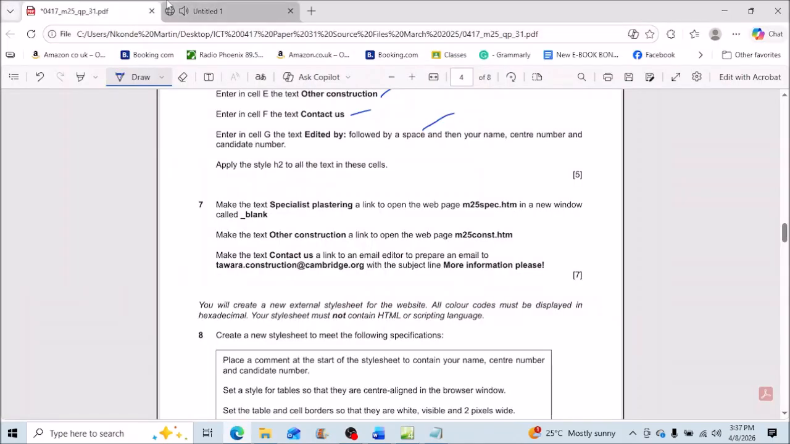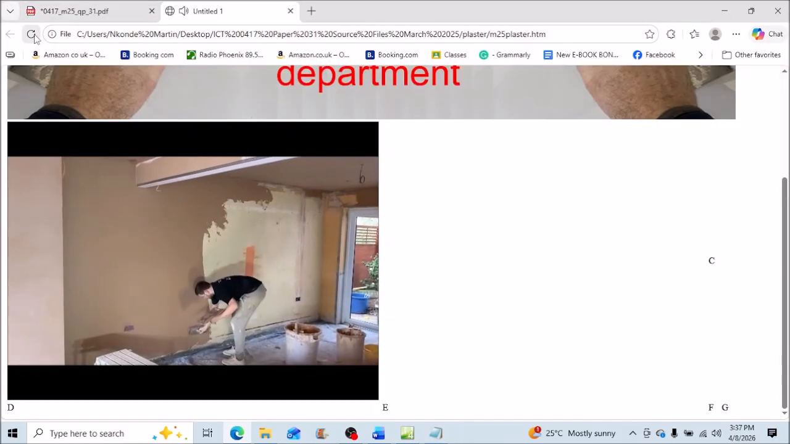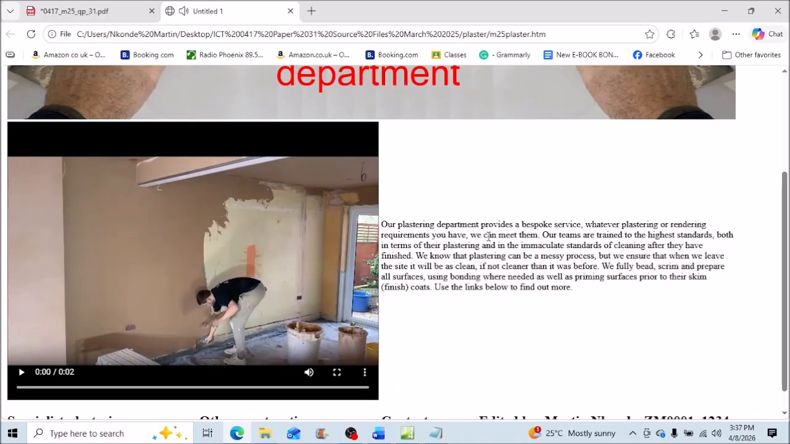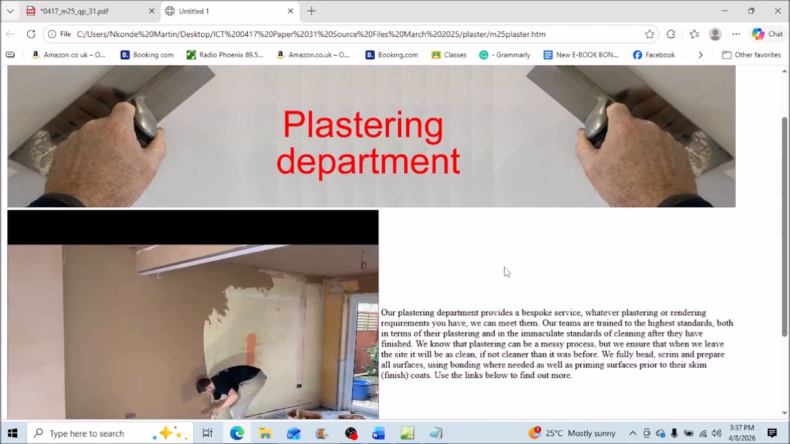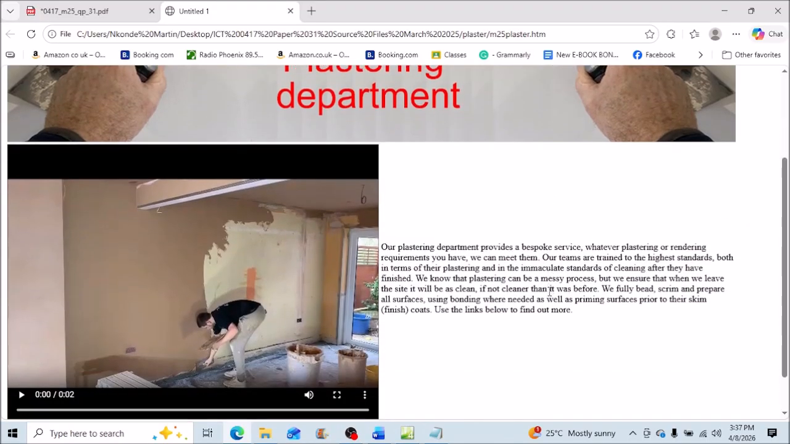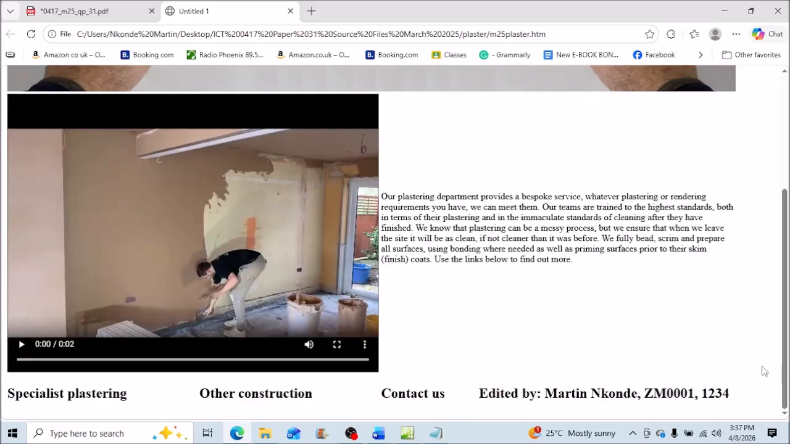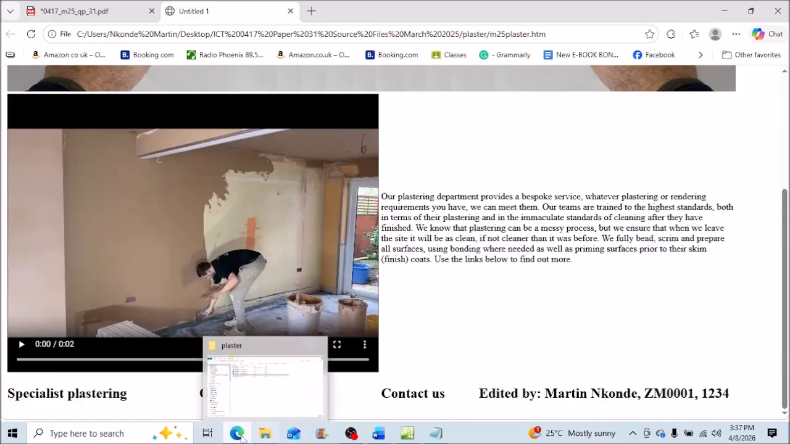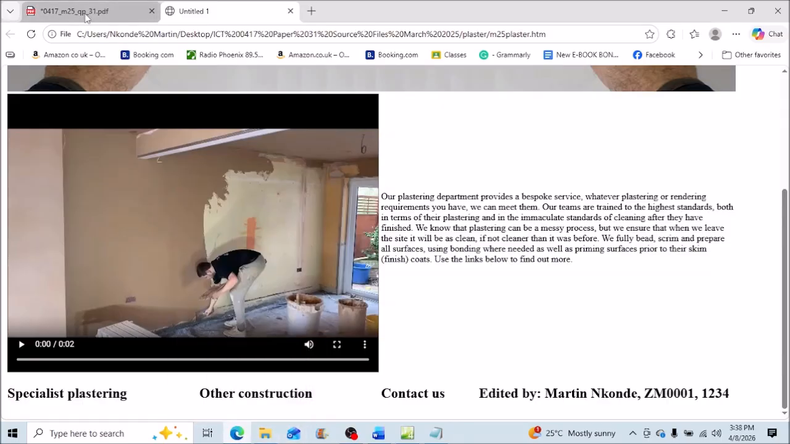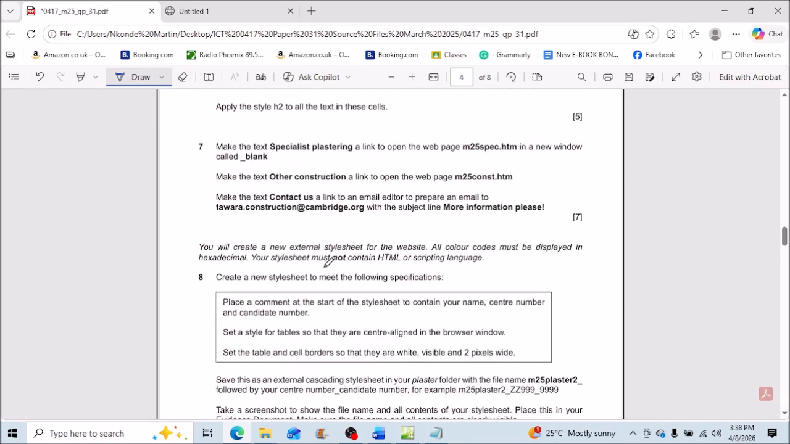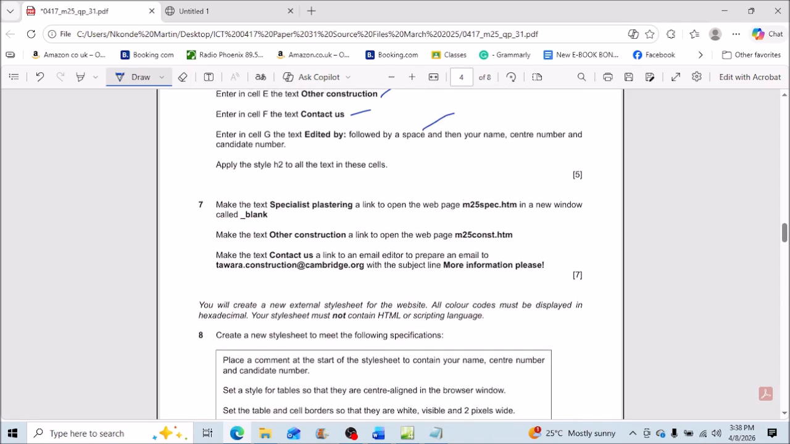Let's see what is happening. So you need to continue monitoring your web page and ensure that everything is shaping up well. And you can see, yes, everything is shaping up very nice. So let's go back and continue. Right. So we go to question